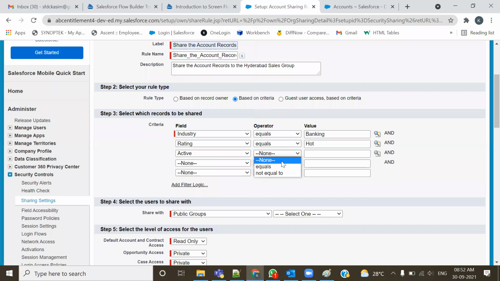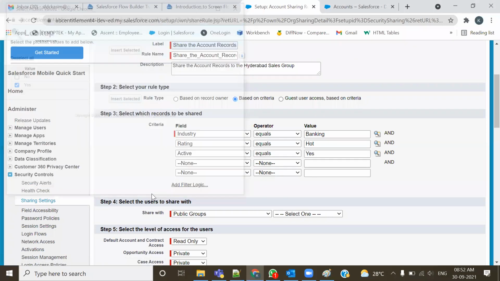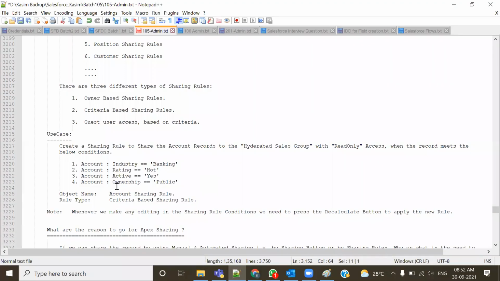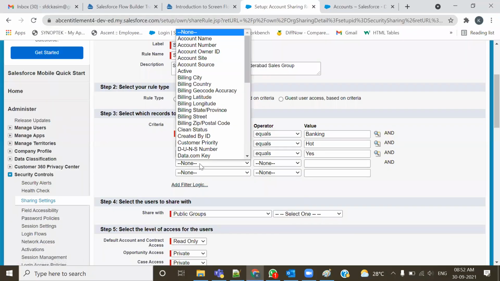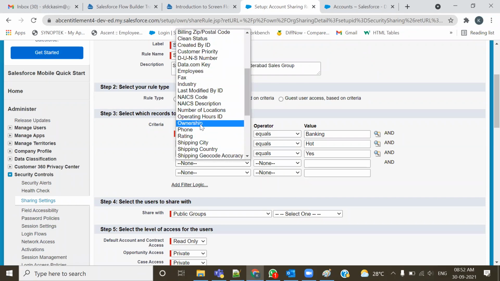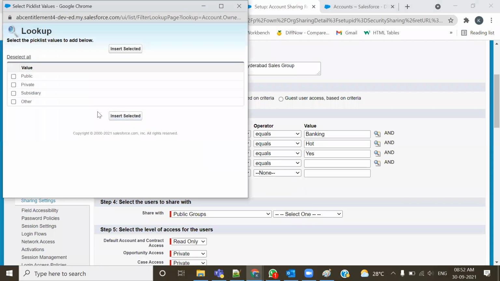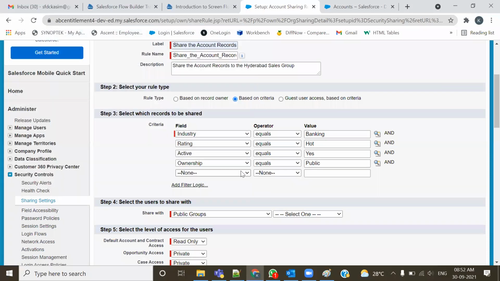Active status should equal what? Yes. And one more condition: ownership should be what? Ownership should equal what? Should be public. So whenever I create any record inside the account, if all these conditions are met,